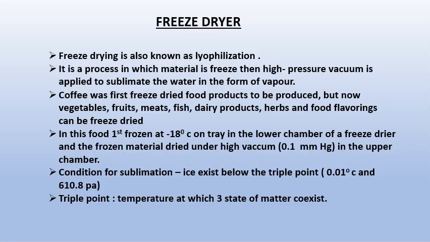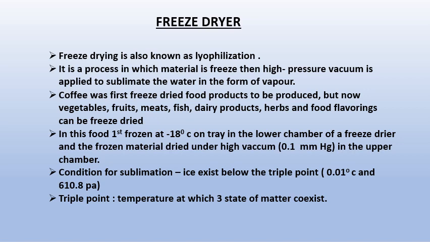Next, the freeze dryer, also known as lyophilization. It is a process in which material is frozen, then high pressure vacuum is applied to sublimate the water in the form of vapor. Coffee was the first freeze-dried food product to be produced, but now vegetables, fruits, meat, fish, dairy products, herbs, and food flavoring can be freeze-dried. In this, food is first frozen at minus 18 degrees Celsius on a tray in the lower chamber of the freeze dryer, and the frozen material is dried under high vacuum, that is 0.1 mm Hg, in the